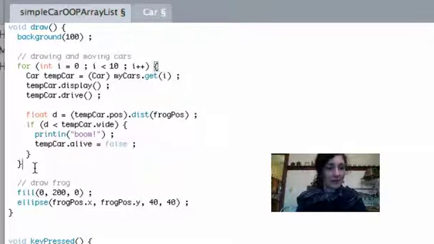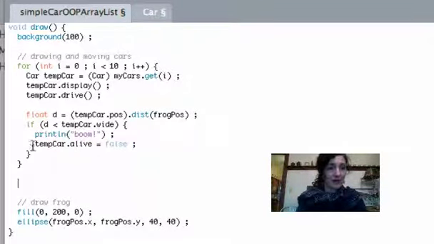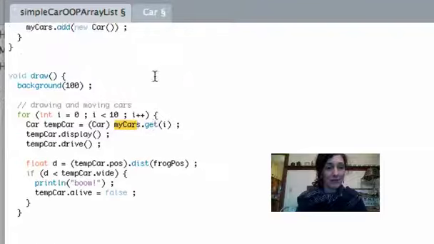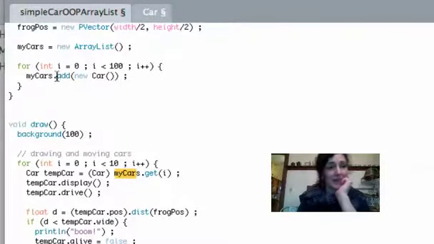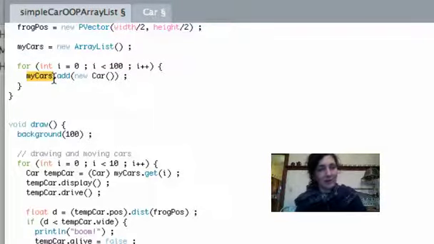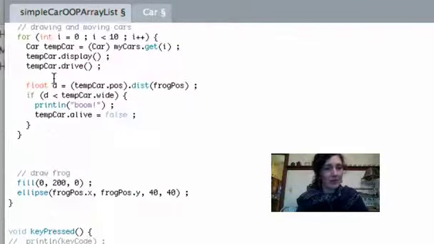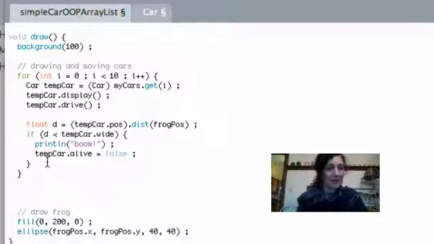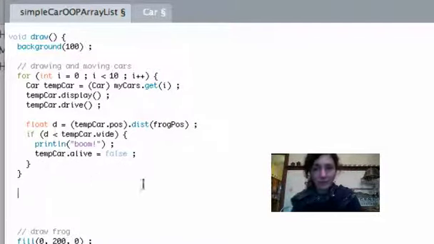Now the only thing left that we need to do is figure out how to actually delete something out of an array list. Okay, in order to get something out of an array list, it's a get, and in order to add, it's add. So how do we delete something out of an array list for my cars? And I showed this in a previous podcast. I'm going to show you guys this right now too. If I'm not sure how to do something with an array list,